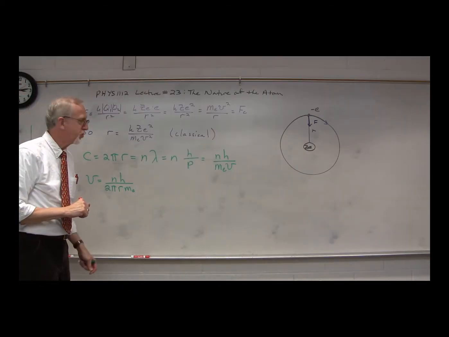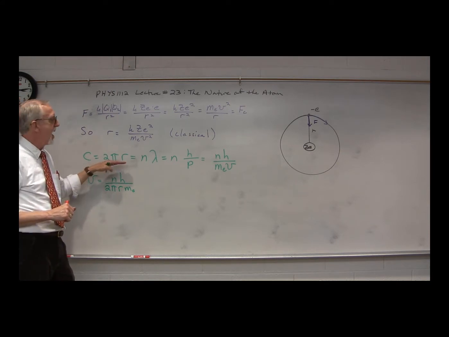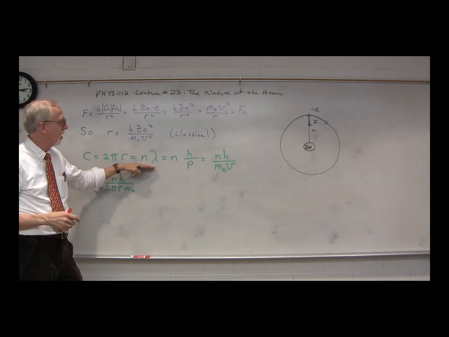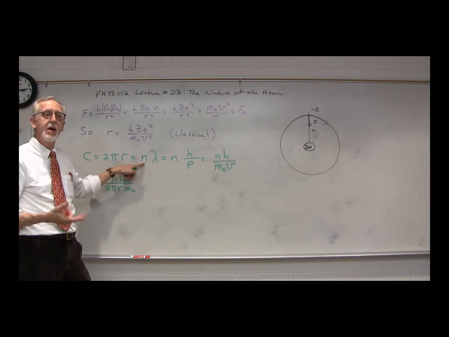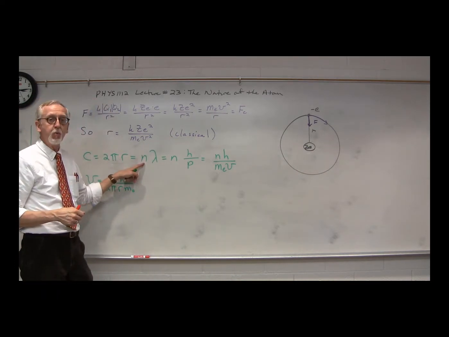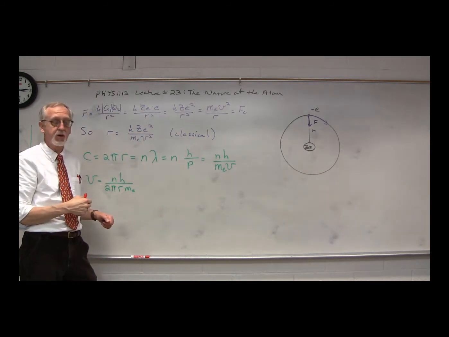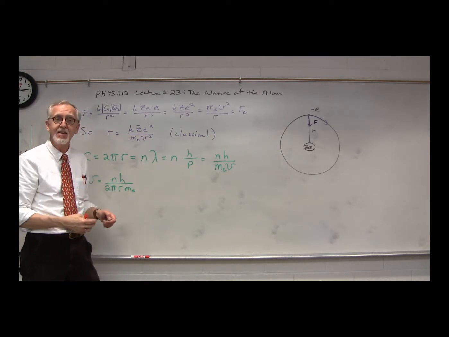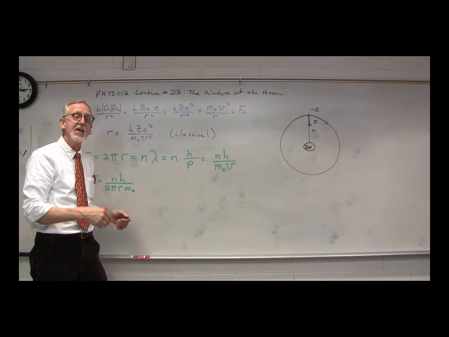So if we make this restriction that the circumference of the orbit, which is 2 pi r, has to be a counting number, 1, 2, 3, 4, number of wavelengths. Now here, n is going to tell us the number of wavelengths that can fit in our orbit. If n is 1, then we have 1 de Broglie wavelength fitting in the circumference. If n is 2, we have 2 de Broglie wavelengths. So n tells us the number of de Broglie wavelengths of the electron that will fit in the circumference of